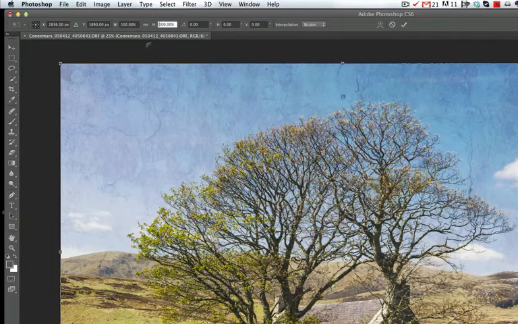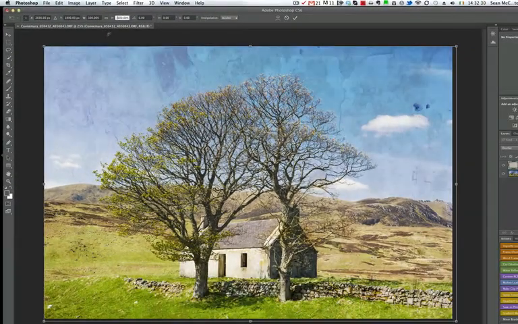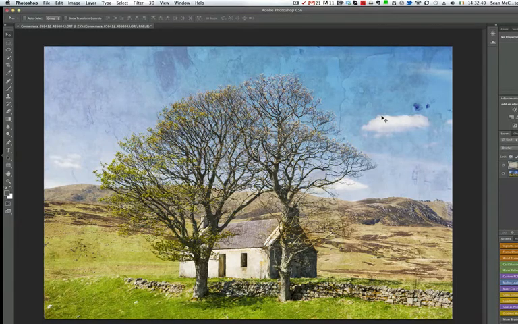We can do horizontal. In the H we can go minus, and that'll flip it. So it's flipped it down here. Okay, and put it outside. Now it's brought in another little bit, but that's okay. I don't mind that one so much. And again, press return to enter. And again, if I'm not happy with that,